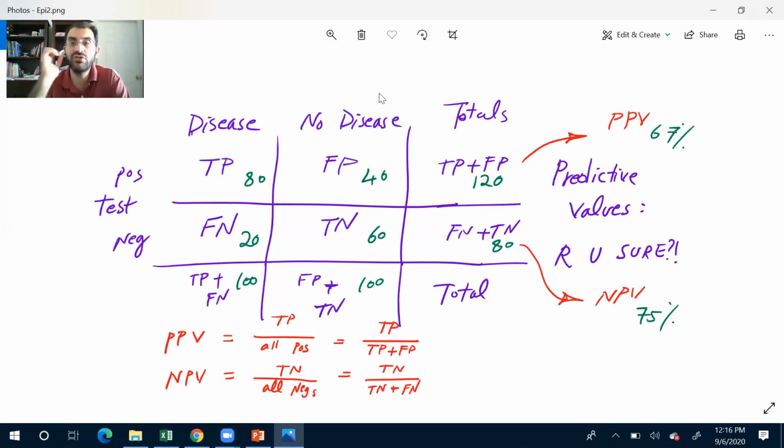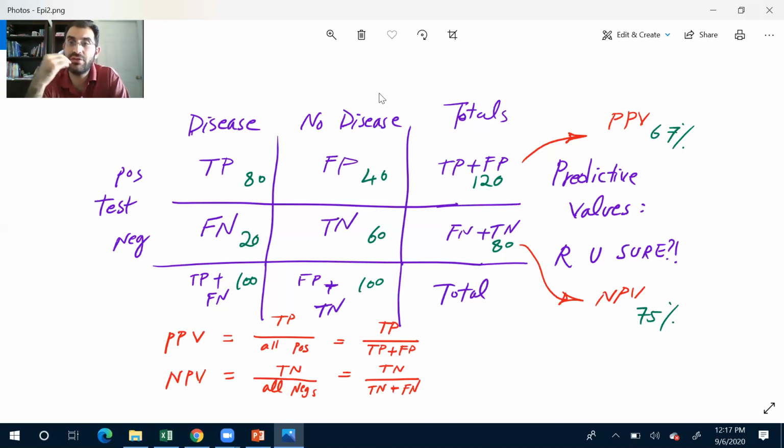When you give good news or bad news to a patient, Dr. T, right? Whenever you give good news or bad news to a patient, usually their first reaction is, are you sure? Mr. Smith, your results for colon biopsy came back negative for cancer. Are you sure? Mrs. Smith, Nancy, I have to tell you that unfortunately, your biopsy results for breast cancer came back positive for cancer. Oh my God, are you sure? The answer to the are you sure question of the patient is predictive value.